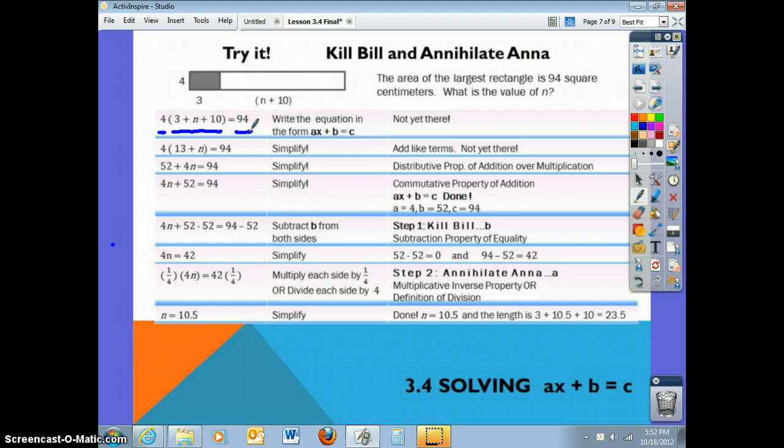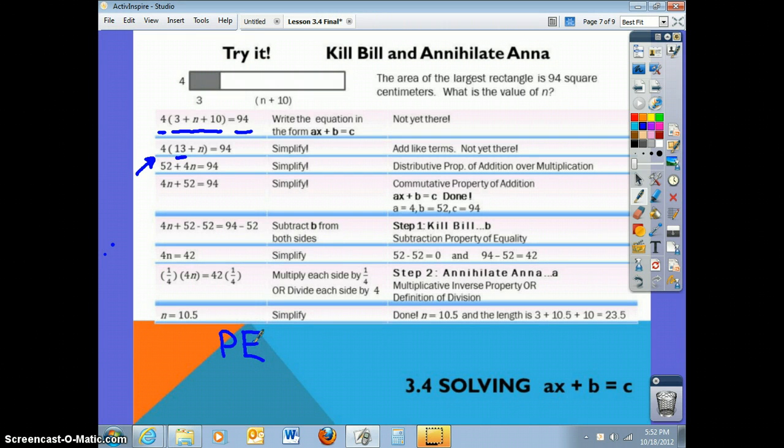And we look at it and say, well, what can we do first? Well, if you think about PEMDAS, you'd say, I can do something inside the parentheses. I can combine the 3 and the 10 and get 13. So now we've done everything inside the parentheses, and we have 13 plus n equals 4. Okay, so now if you still think about it in terms of PEMDAS, which is a handy